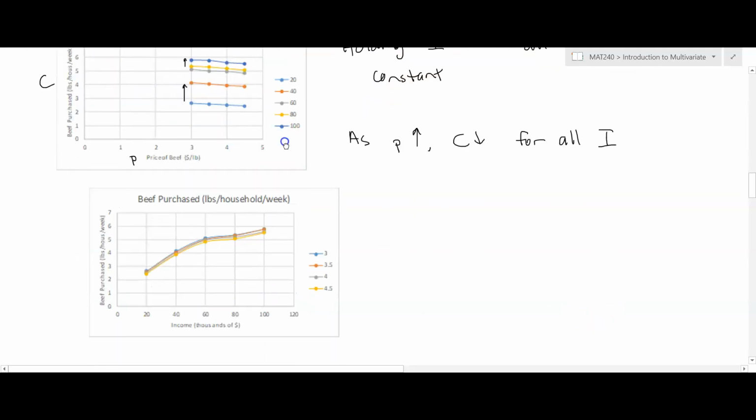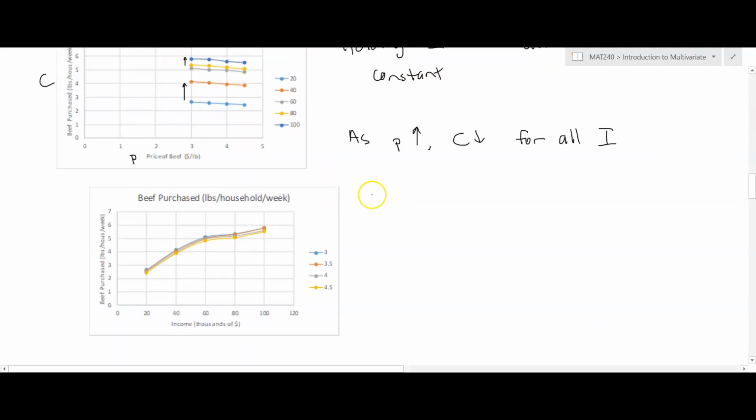In the next graph, we could also look at holding P constant. The reason I know I'm looking at that is because here I have I versus C, income versus consumption. So we notice that these are all very, very close together, very little difference across the 4 different price groups. But what I do see is that from 20,000 to 40,000, there's a pretty big jump in consumption,